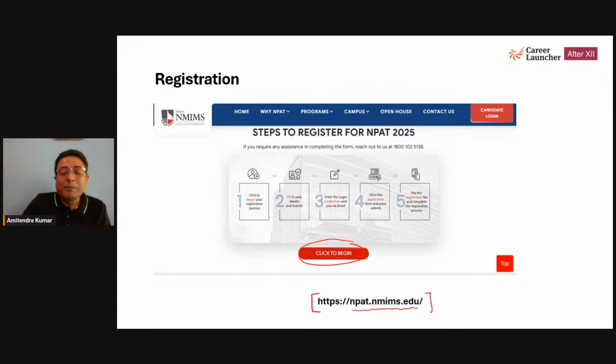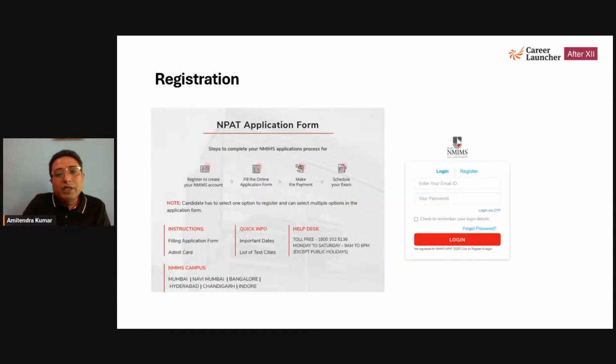So the moment you click on this button, you'll come to a new page, which is the registration, the application page. And again, here you can see there are certain documents available. Instructions are given, all those instructions about the application form, important dates, list of test cities, all of that are given over here. Now the test cities list will be helpful when you are scheduling your examination, not in the application till the time you are making the payment. Now, the first thing you have to do is click here on register. You cannot log in because you will not have your credentials. So the first thing is to register as a candidate.